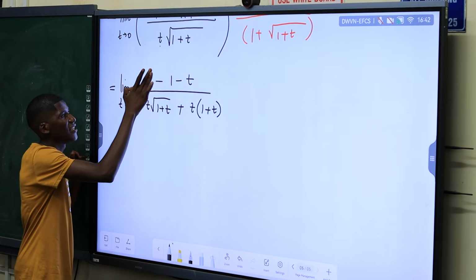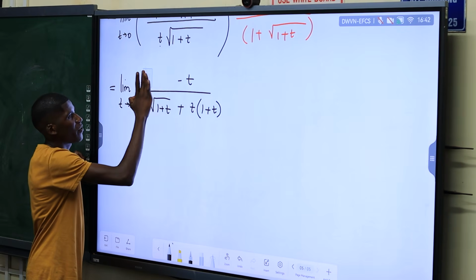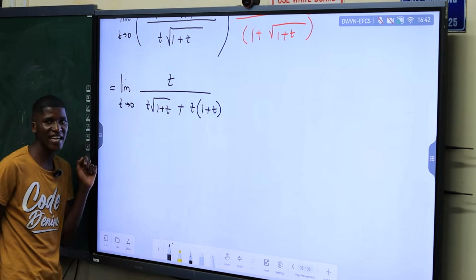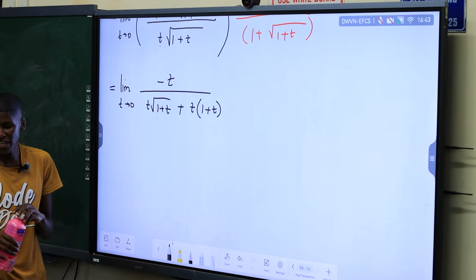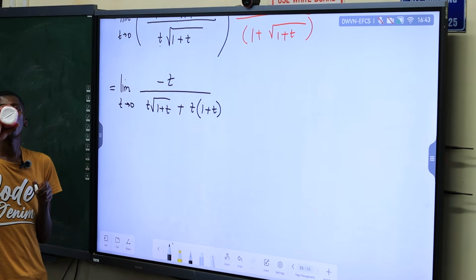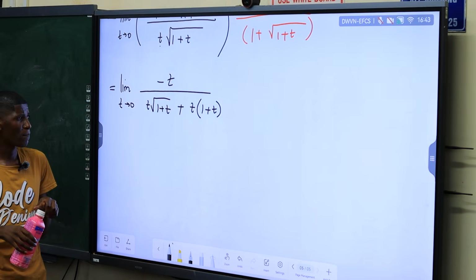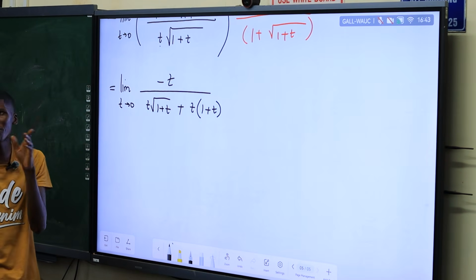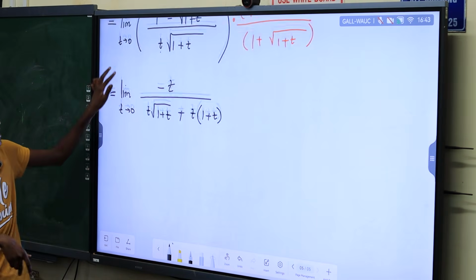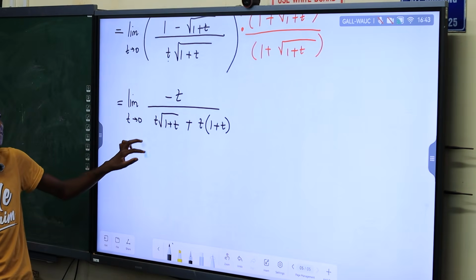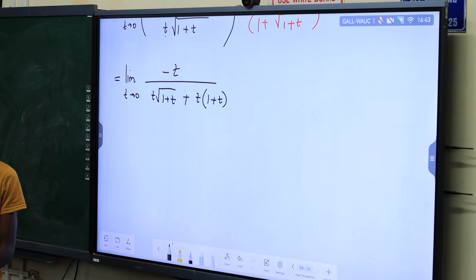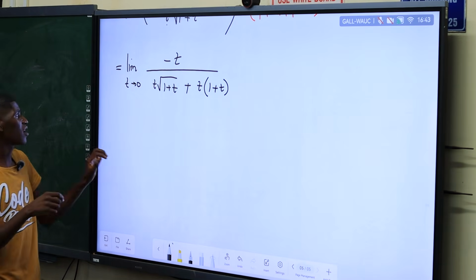1 minus 1 is 0. When you write it as a step, I will just write it like that, remembering that we have a negative here. Nothing cancelled here, so even if you substitute again it makes no difference. It is the same thing, as long as they haven't cancelled out anything. Take the common factor.